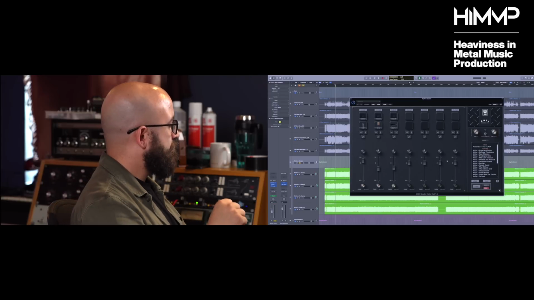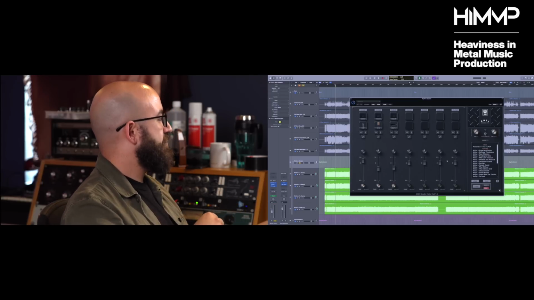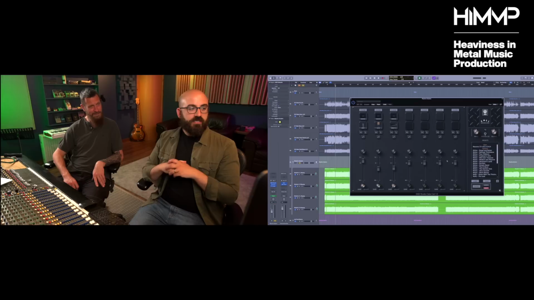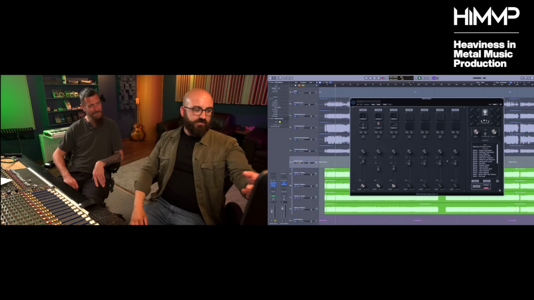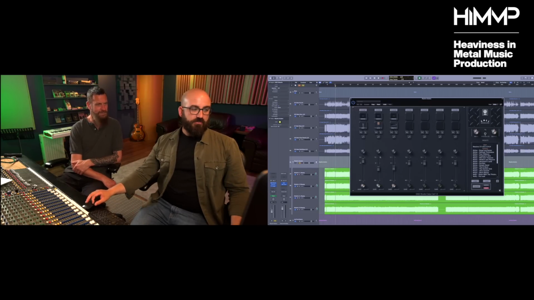So I'm loving to use this plugin which I developed with my company. It's all based around Mesa Boogie Oversized cabs, which for me are just the sound of this genre. I've used one of the cabs here with a 57 as the primary. You can see that fader is a lot higher than on the others, with a little bit of C414 for extra low end, and a bit of a 421-2 for a little bit more kind of scrape as well.